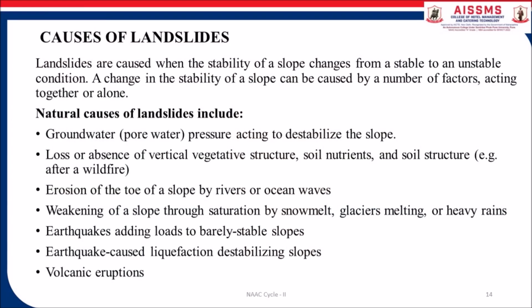Causes of landslide. Landslides are caused when the stability of a slope changes from a stable to an unstable condition. A change in the stability of a slope can be caused by a number of factors acting together or alone. Natural causes of landslide include groundwater pressure acting to destabilize the slope, loss or absence of vertical vegetation structure, soil nutrition and soil structure, erosion of the toe of a slope by river or ocean waves, weakening of a slope